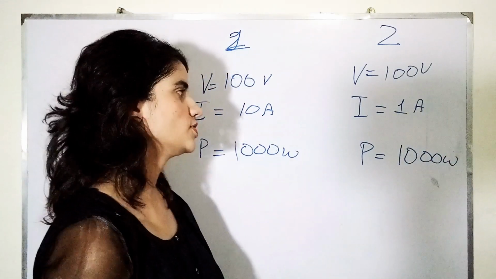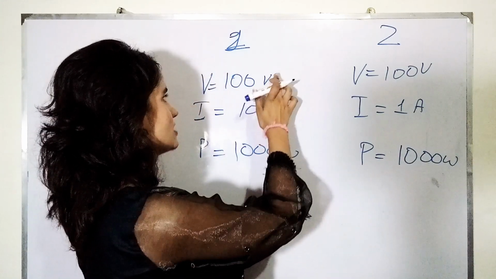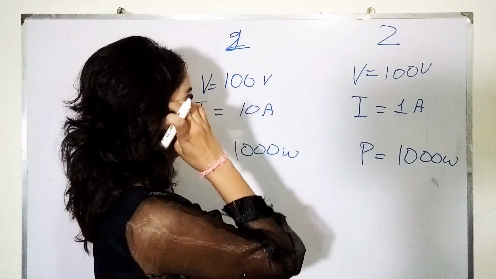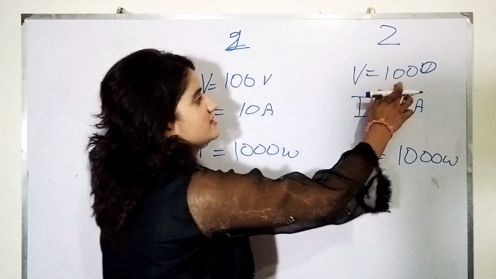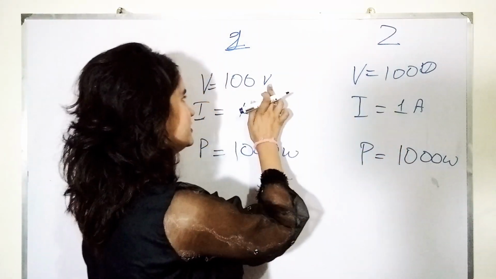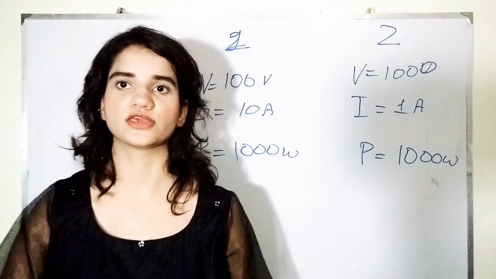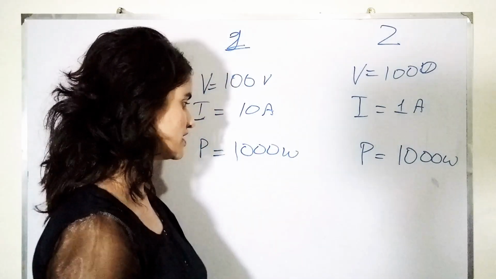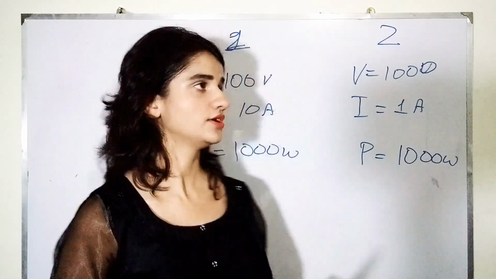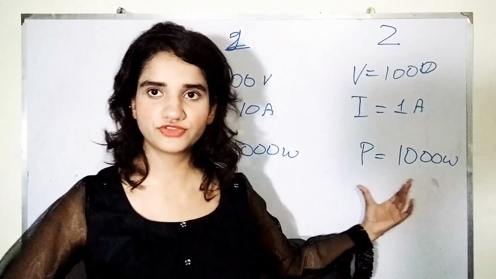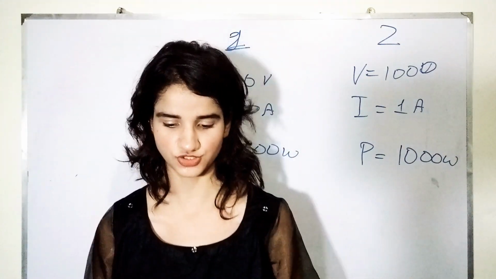So at this point we understood that the power would be the same, but by increasing the voltage we can decrease the intensity. Here I am just writing 1000. By increasing the voltage we are decreasing the intensity of the current, and by decreasing the voltage we are increasing it. So this is how it is working. Also, in the formula, the resistance has some effects over here. If the resistance is getting higher, it would have an effect here, and it will also be producing effects in this region.